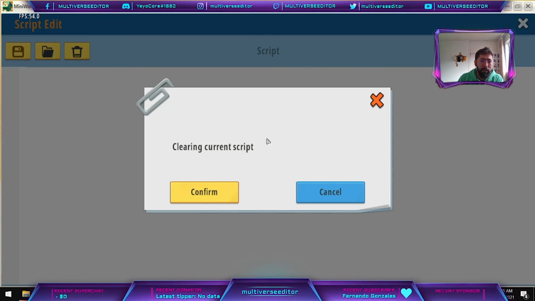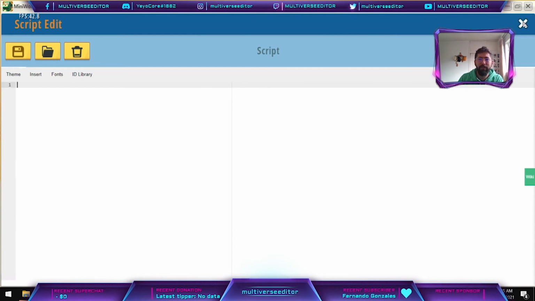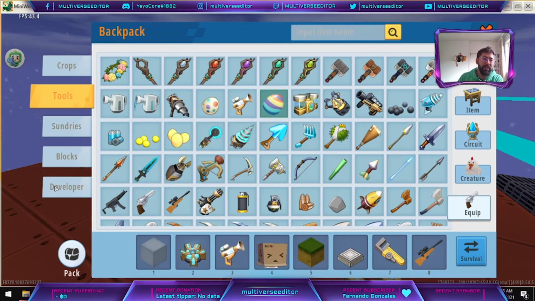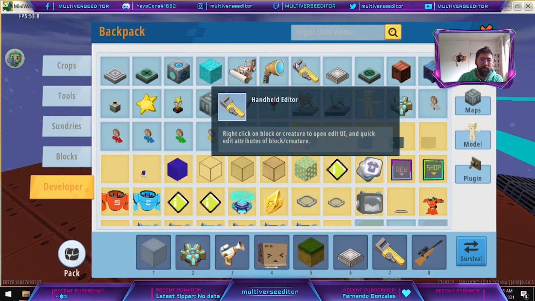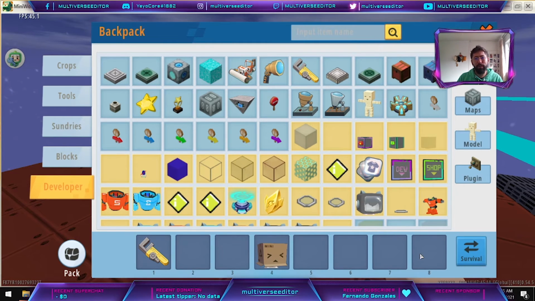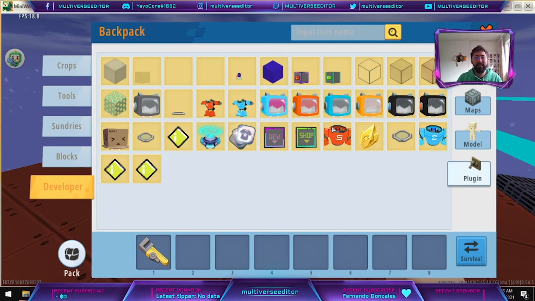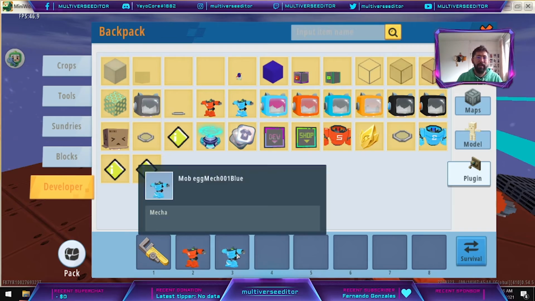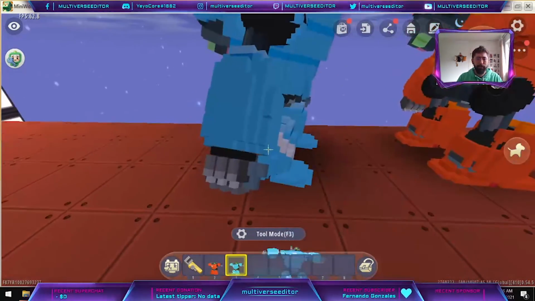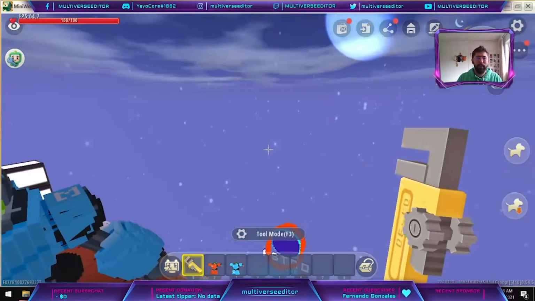But probably if you don't have a computer, you have to get another way to get that information. And it's simple too. Just hit on developer. On developer, you are going to pick up this one that says hand editor, okay? You are going to remove all the blocks that you have in your hands, and you are going to put the mob egg for your mobs on here. What you are going to do is just put those mobs on the floor, and once you do that,